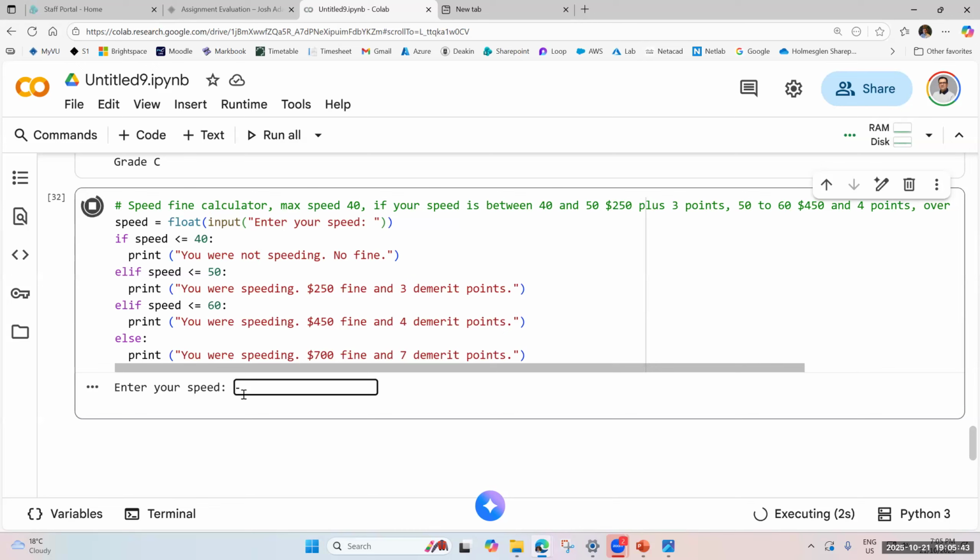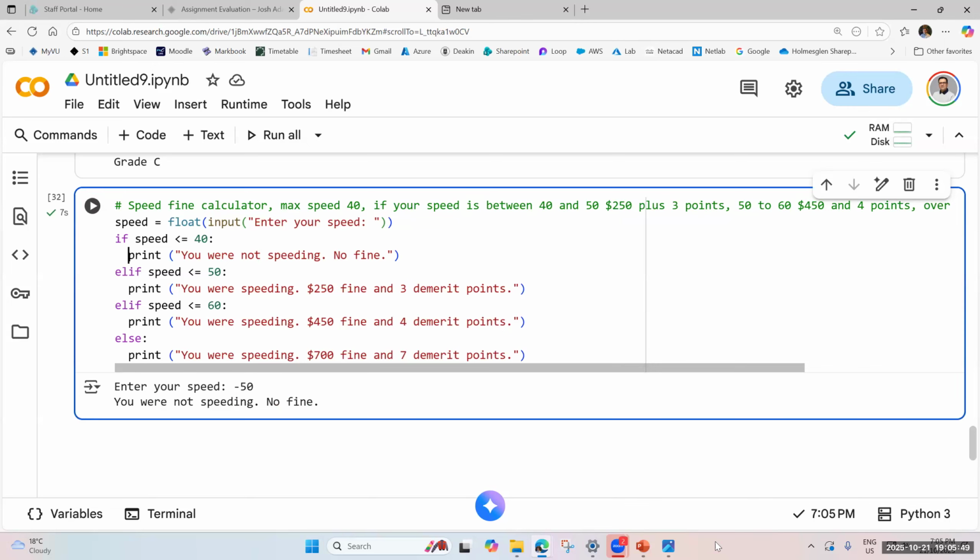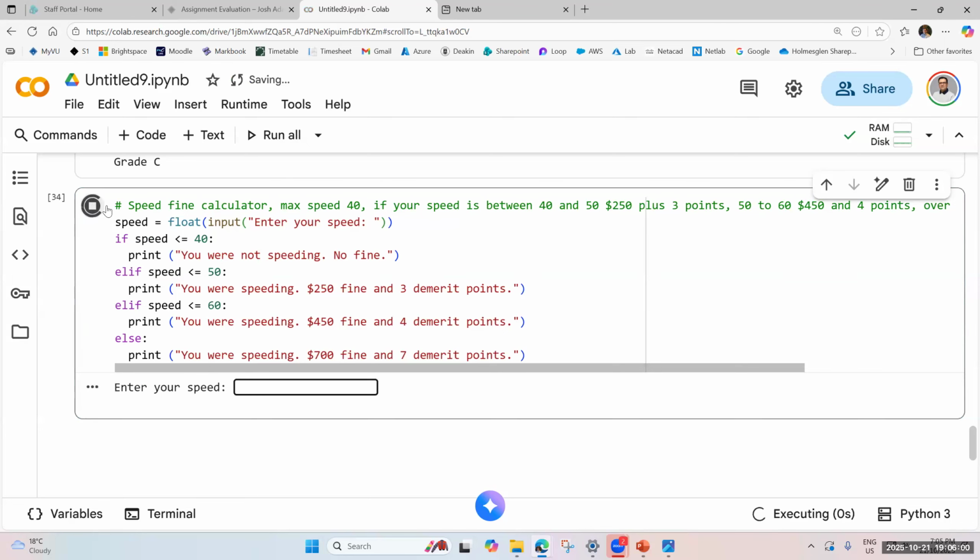Let's see what happens if I put a negative number. Yeah, definitely we don't have negative speed. So it's working. Let's try 0. Okay, cool. So the code is working. You can put any other number. Let's put